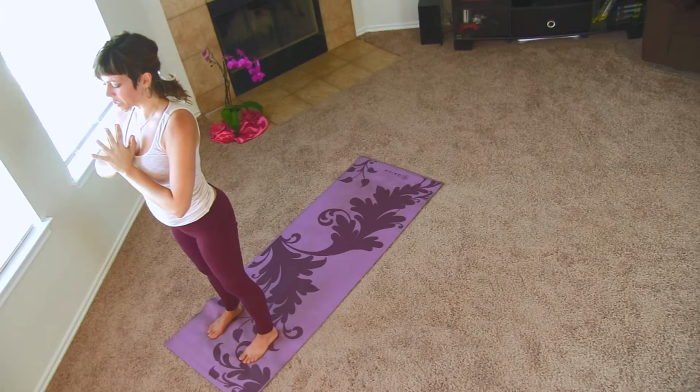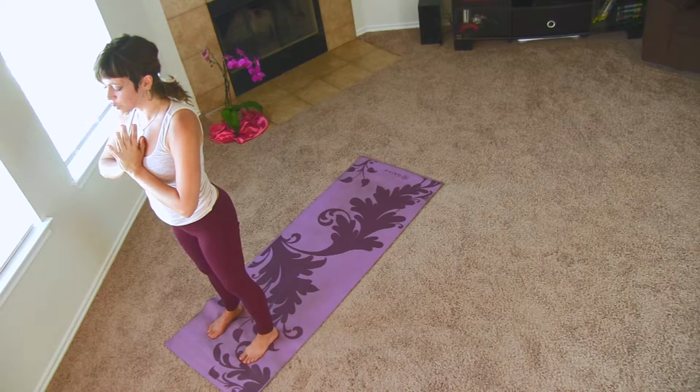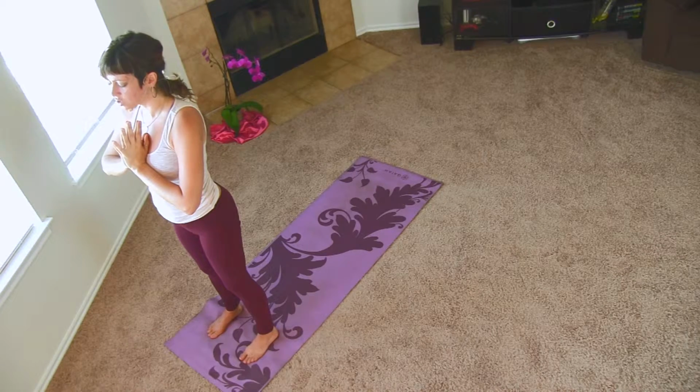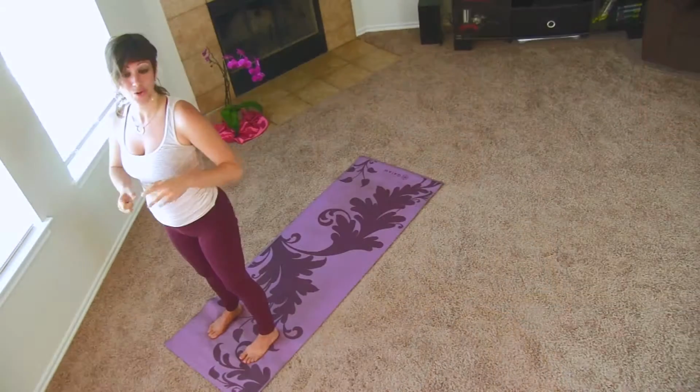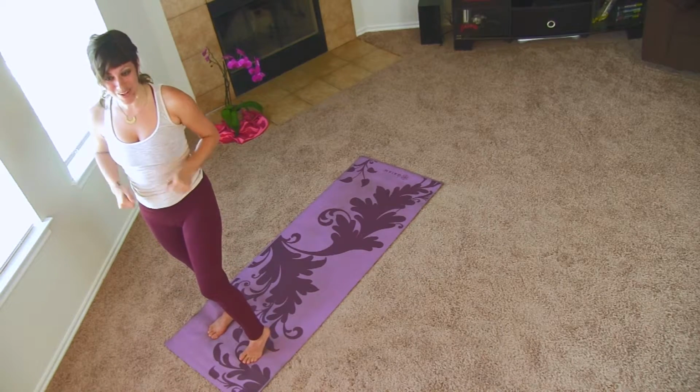You can take a moment here to close your eyes. Feel the residue of this practice as your cells vibrate. Acknowledge your body. Acknowledge your hard work. We'll finish our practice today with a little bit of core work on the floor. So go ahead and sit down, find your way onto your back, and we'll wrap it up with this last